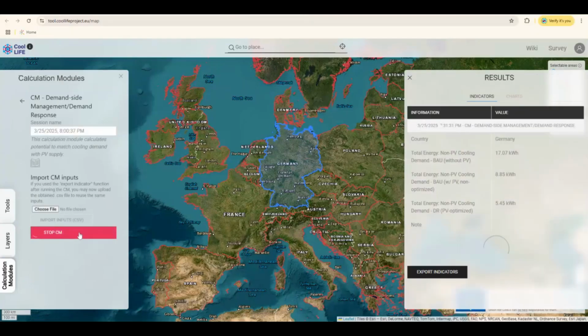After hitting run and waiting, the user will find three outputs: a baseline case that demonstrates a scenario without PV supply, which shows total cooling demand for the optimized period without the use of PV. There's also a case that shows cooling demand from non-PV supply where the PV is present, but cooling demand is not optimized to match PV supply. And finally, there's a scenario that shows cooling demand from non-PV supply, in which cooling demand is optimized to match